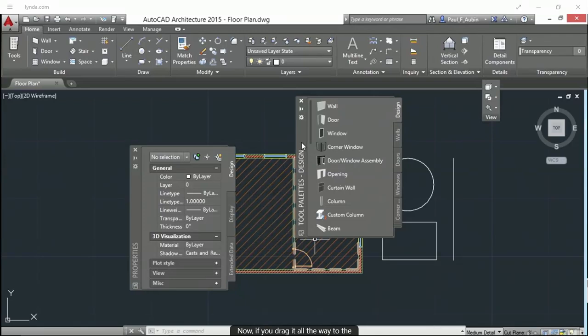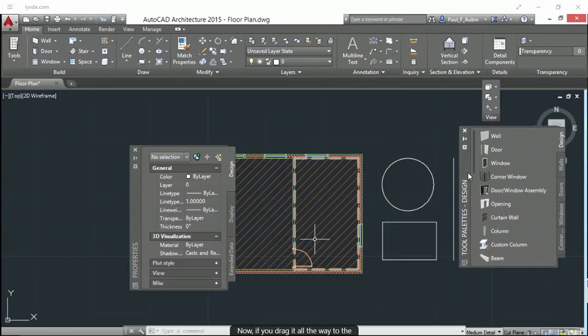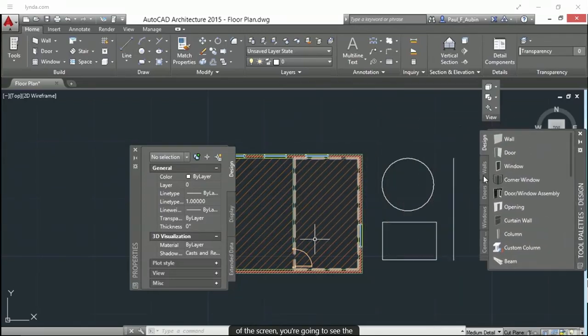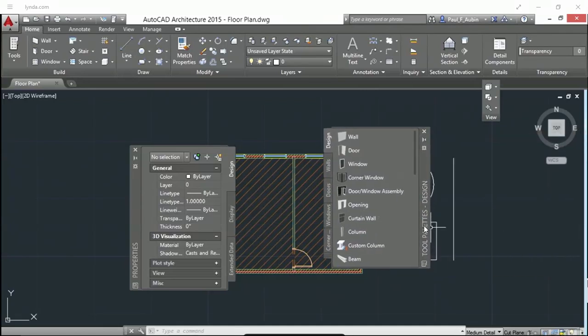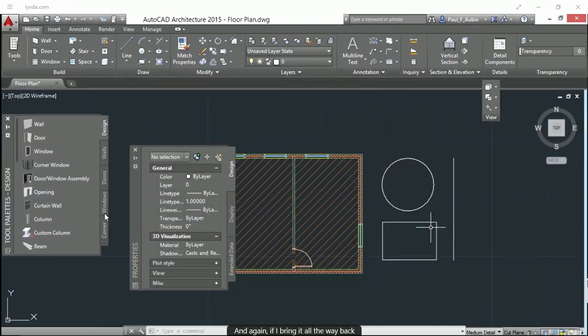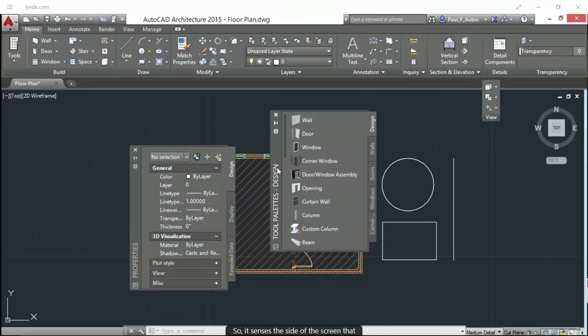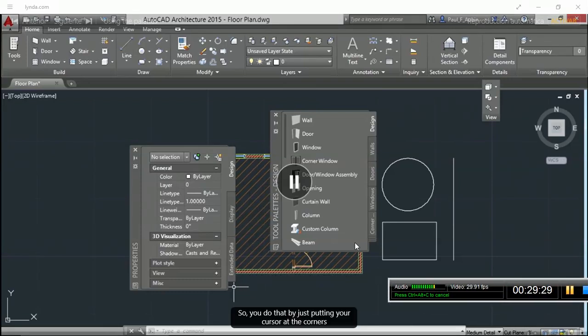Now, if you drag it all the way to the opposite side of the screen, you're going to see the title bar will actually shift sides. It will kind of flip the palette around. And then this is the title bar now, and I could move it around. And again, if I bring it all the way back to this side, it'll flip around again. So it senses the side of the screen that it's near, and it flips the palette. So if you prefer to have your palettes over on the right, you can just drag them over there, or on the left, you can drag them over there. Now, these palettes can be resized. So you do that by just putting